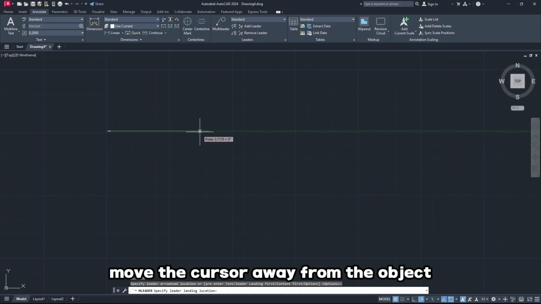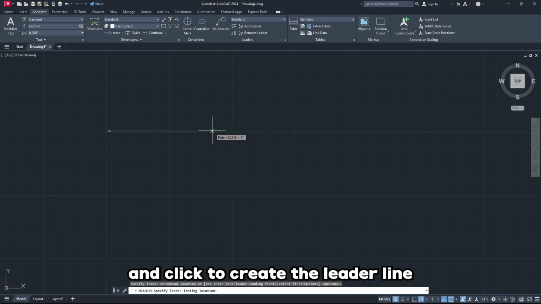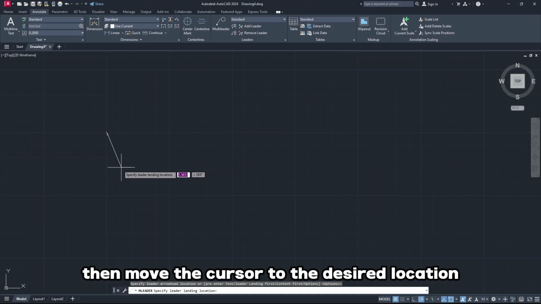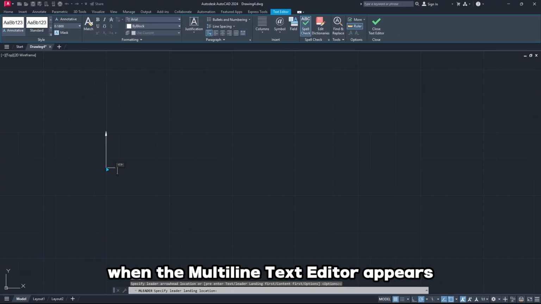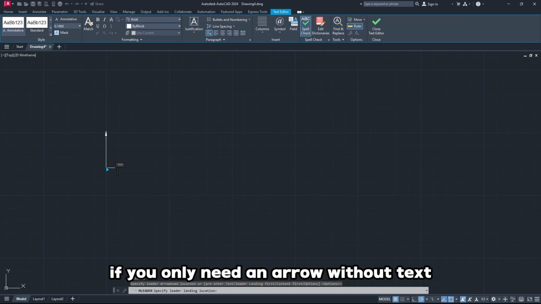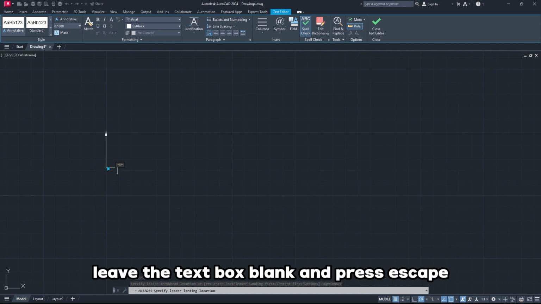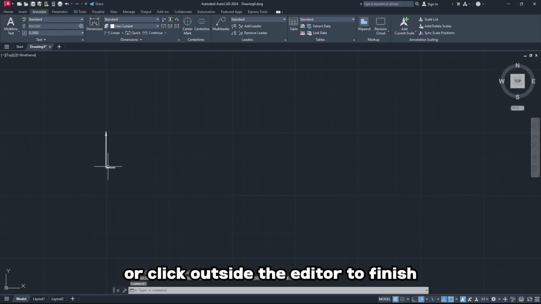Move the cursor away from the object and click to create the leader line. Then move the cursor to the desired location and click again to place the landing line. When the multi-line text editor appears, enter the required annotation text. If you only need an arrow without text, leave the text box blank and press Escape, or click outside the